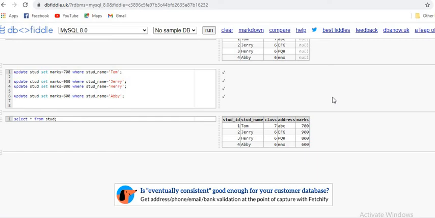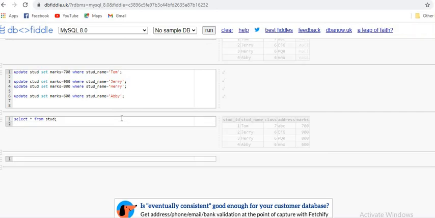Now we are going to learn a few other things, called aggregate functions. You need to keep one thing in mind while working with aggregate functions: they do not work in the WHERE clause. If you want to work with an aggregate function, you have to write it after the SELECT, where you actually put the attribute names. There only you have to write the aggregate function. You cannot apply an aggregate function after the WHERE clause.